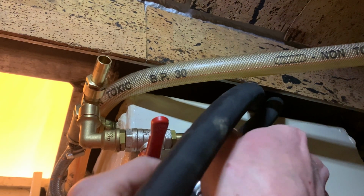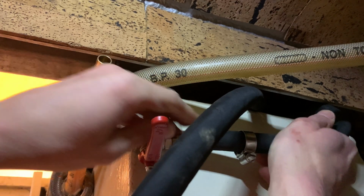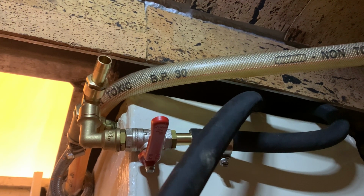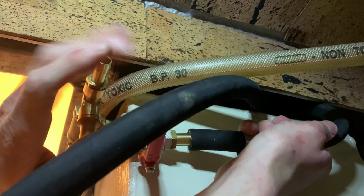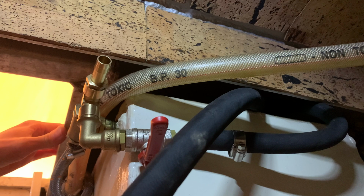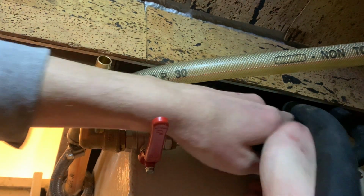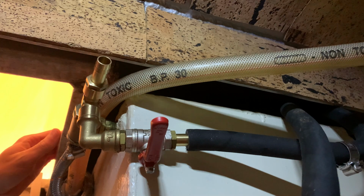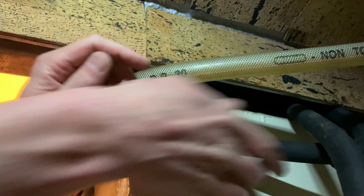So hoping that I don't have to open this again, because as you can see my hands are a bit battered from getting this tube off in the return, but it is a nightmare to get them on, and it's an even worse nightmare to get them back off again. So it really takes a bit of persuasion, and I'm lacking the power at this moment to just force it on, and obviously it is not